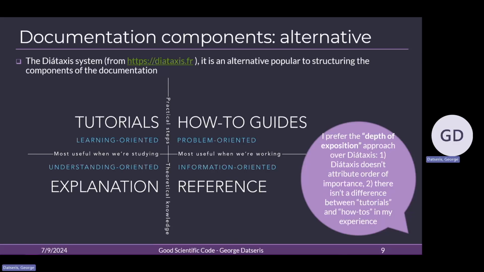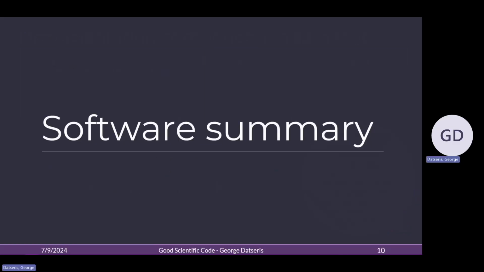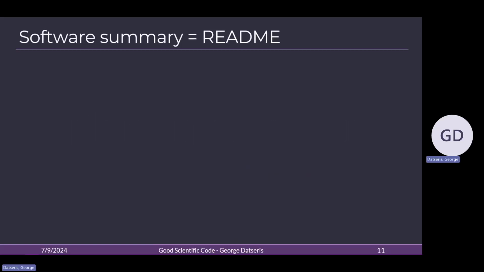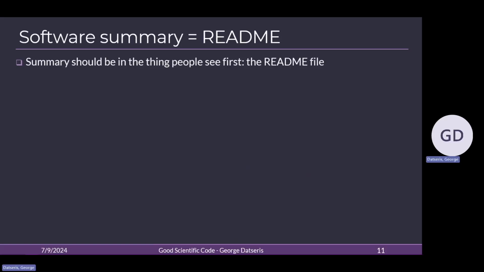Right, so into the very first thing we have to write about our software, and here we are very close to the first exercise session, so to speak. That is the software summary. Now the software summary should be your README, because you want the summary to be at the place someone is most likely to see first. And this just so happens to be the README of your software, at least if you host it on GitHub or GitLab or many other places. So the README of your software is just a simple text file that should summarize your software.